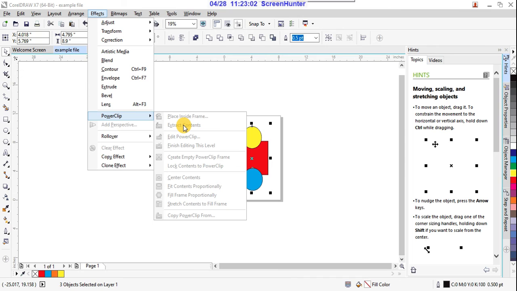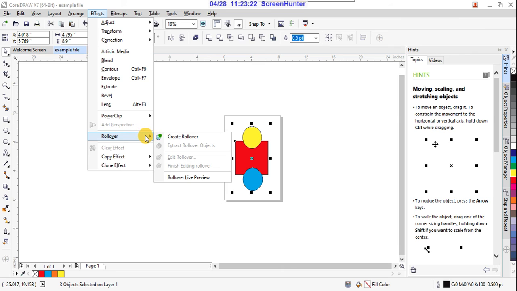Power clip is nothing but what looks like masking in CorelDRAW. Generally, the same masking effect we used in Photoshop and Illustrator, we get in CorelDRAW, but the name is changed here. That is called power clip options, right?